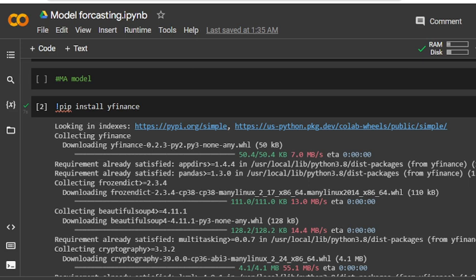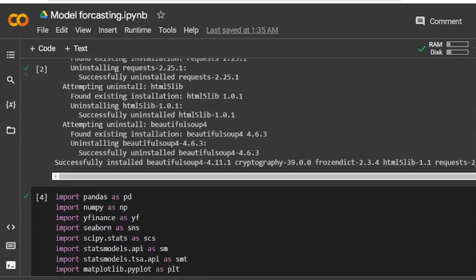So first, I have already collected the data from Yahoo Finance.